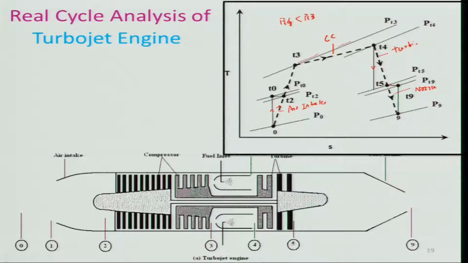Similarly, in the case of air intake, that is T_t0 is equal to T_t2, right, because we are considering it as adiabatic. But in a real situation, is it possible that the process should be adiabatic in either the air intake or the nozzle? Certainly not, there will be some losses, but we are not considering them in the real cycle, because it is difficult to estimate, and those numbers are very small, particularly for the air intake, but in the nozzle it will be higher because the temperature is higher, right.